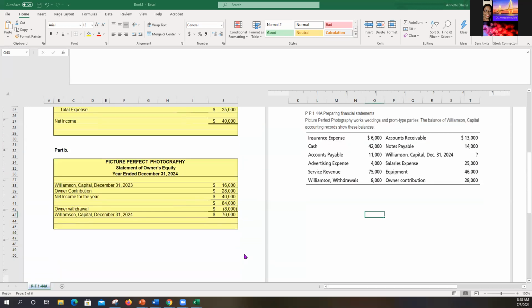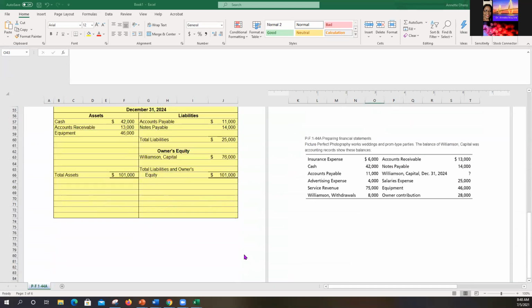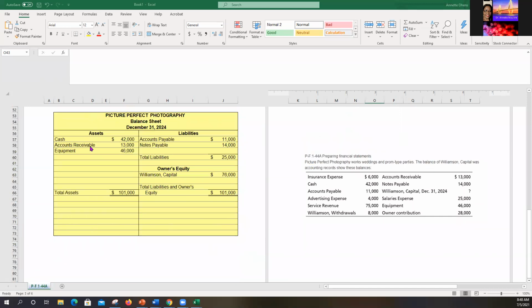In part C, you should complete the balance sheet for the company. So you have cash at $42,000, your assets. You always list your assets first. Cash is $42,000. Accounts receivable is $13,000 and equipment is $46,000. Your liabilities, accounts payable, $11,000. Notes payable, $14,000. Your total liabilities is